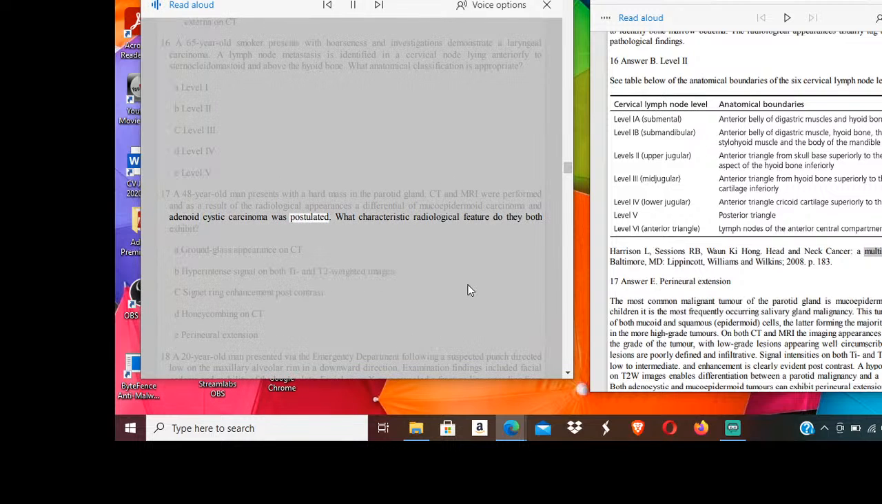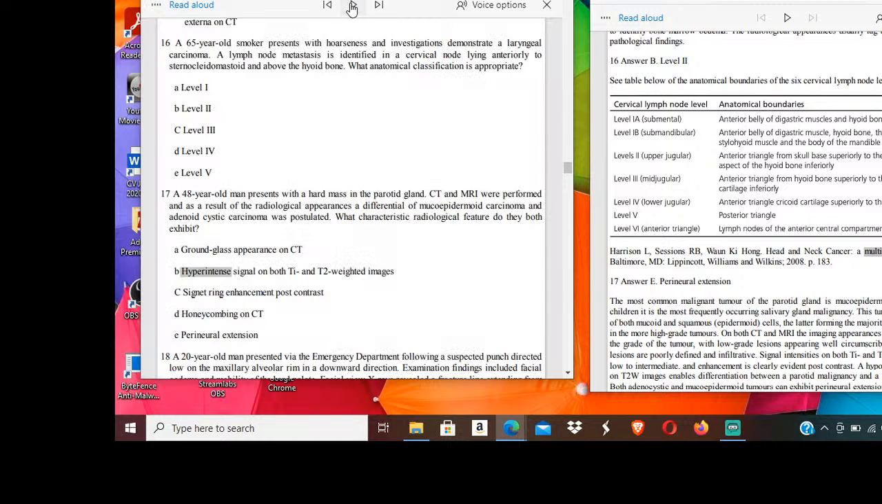and adenoid cystic carcinoma was postulated. What characteristic radiological feature do they both exhibit? A. Ground glass appearance on CT. B. Hyper